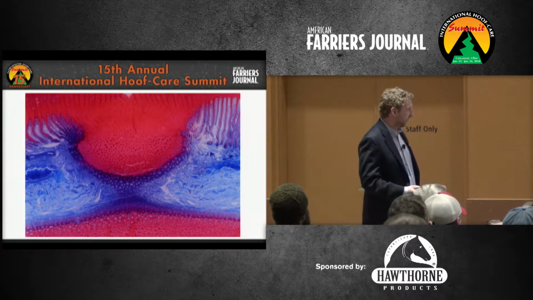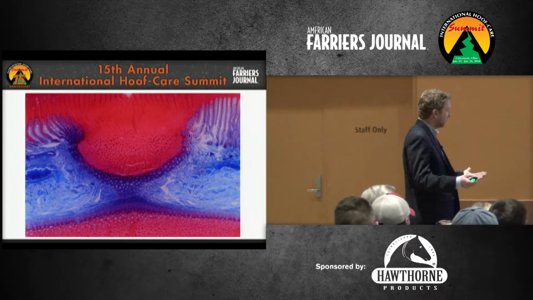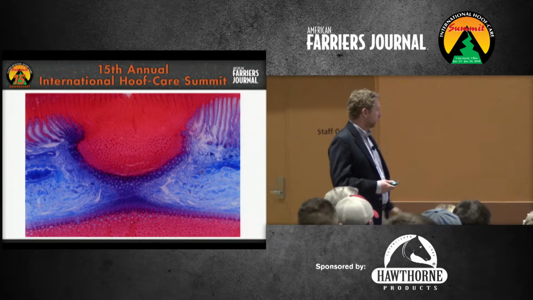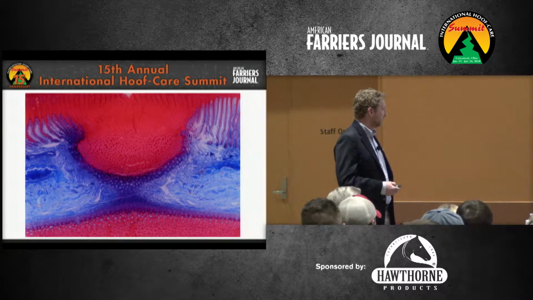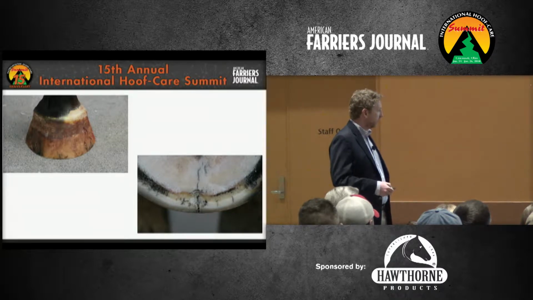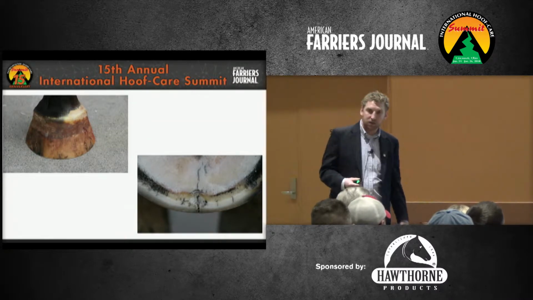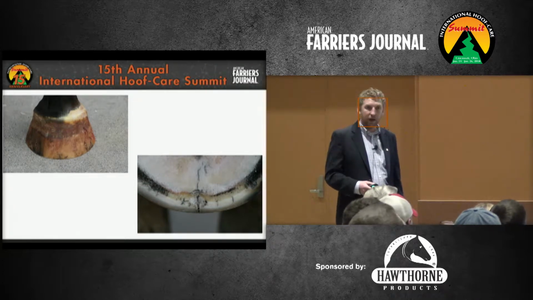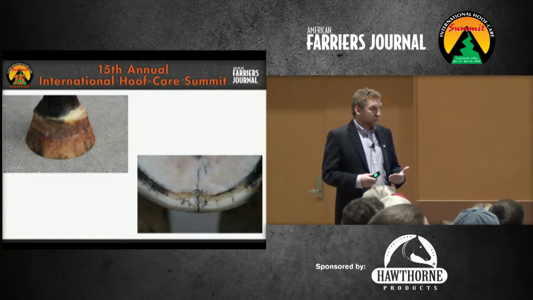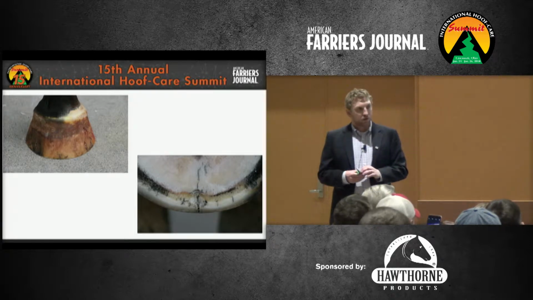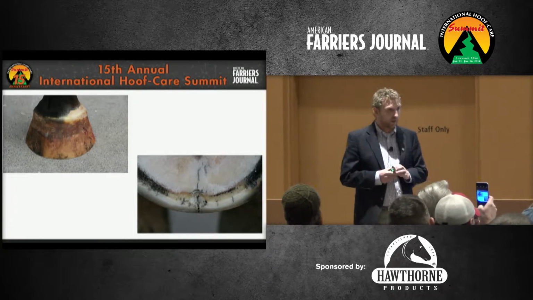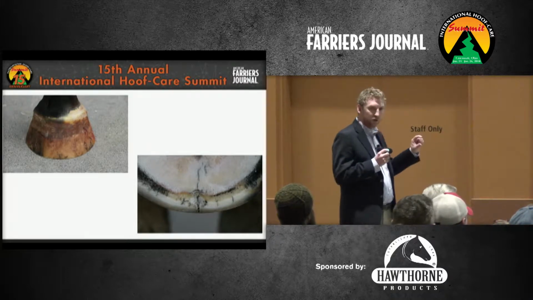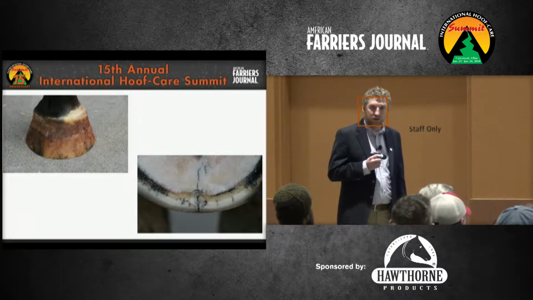Okay, and so we think it's a weakened area that is predisposed, or allows the horse to succumb to white line disease. So again, this is what they look like on the outside, and now you've seen what they look like on the inside. So there is an anatomical problem there that I think predisposes the horse to white line disease in that particular area. But here you can see that small little proximo-distal dorsal hoof wall crack I talk about,